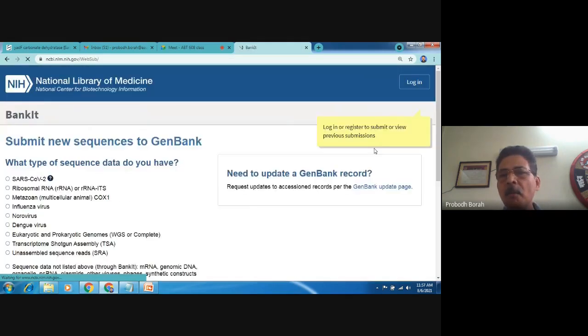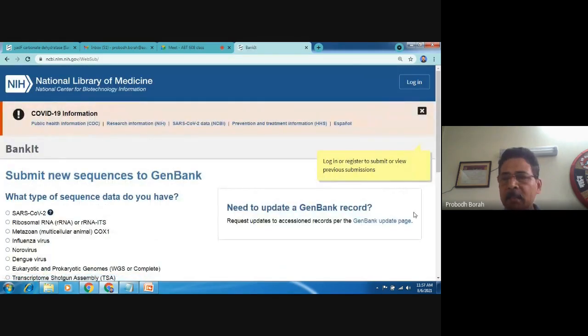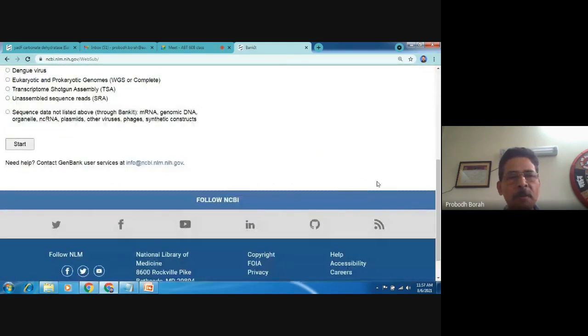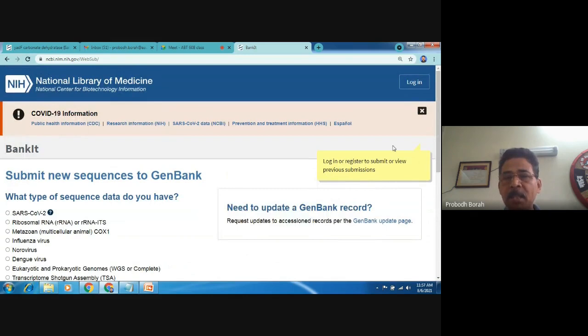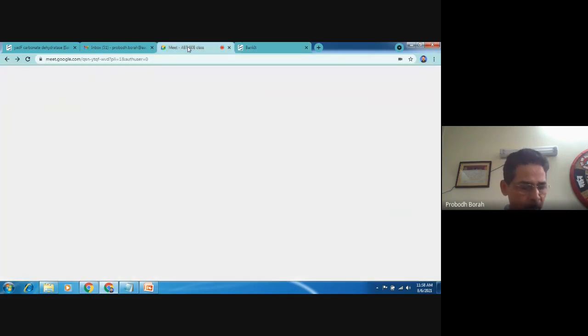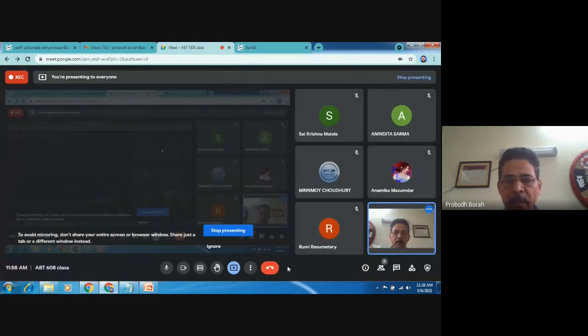For this sequence information, what we have done so far will be shown in my account as incomplete sequence data when I go for the next time logging in. So when I log in, then it will be shown as incomplete data. If I want to submit it, then I can click on that and complete submission. But today we will not do that because this is only a test sequence. So with this, I want to complete my class today.